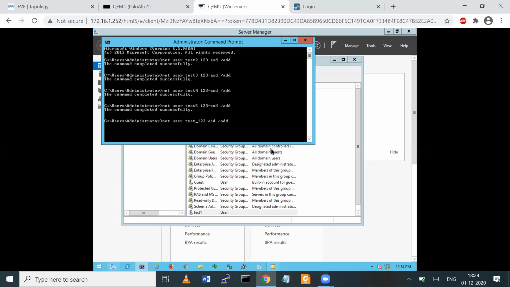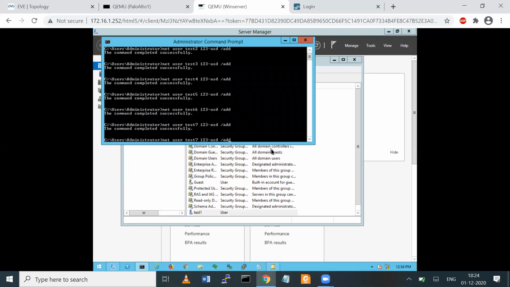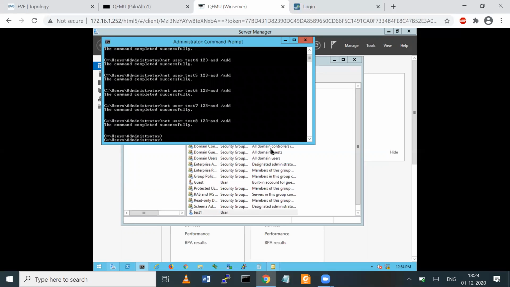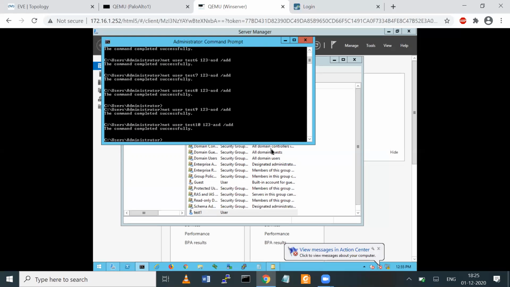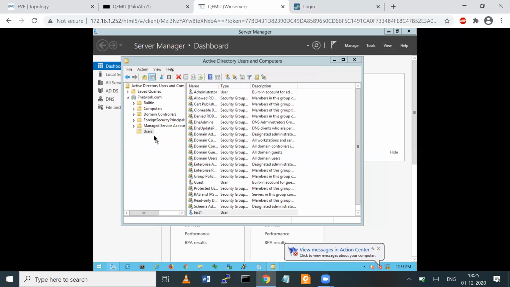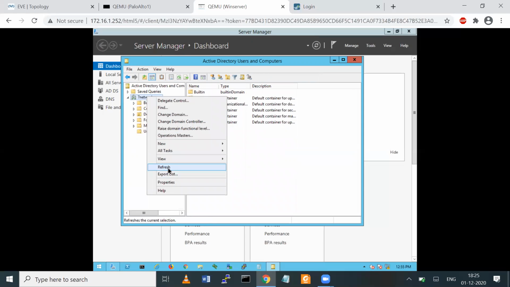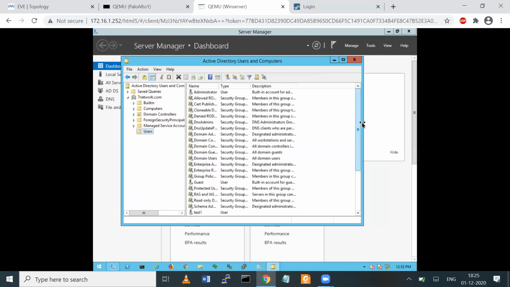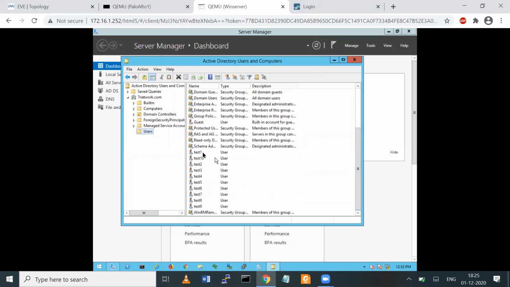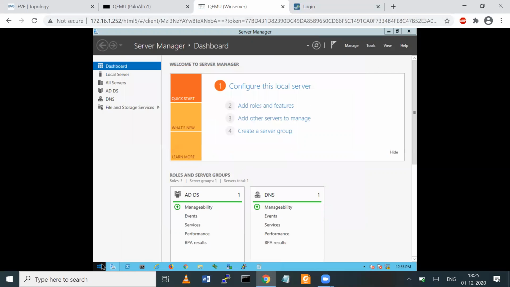Why I'm creating all these users? Because once to integrate, so we just have to verify these users must show on your firewall. Say I'm creating 10 users. That's all. After then, once you just refresh here, so here also it will show. See user 1, 2, 3, all users showing here, and the admin user,